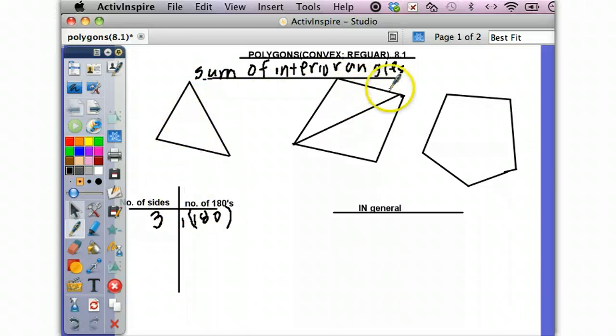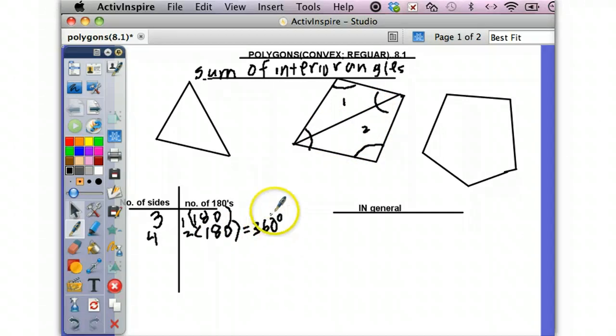But how about for this one? Well, we have actually two triangles here. One here, and we have another here. So we'd have 180 there, and for this one we'd have another 180 here. So for a four-sided polygon, we're going to have two 180s, and the whole thing would equal 360. It's always going to be 360 for any quadrilateral, so you might as well know that. 360 for the sum of all the angles in here. This one plus this one plus this one plus this one